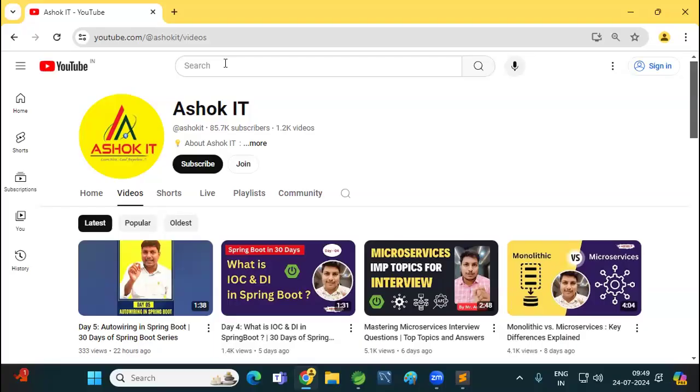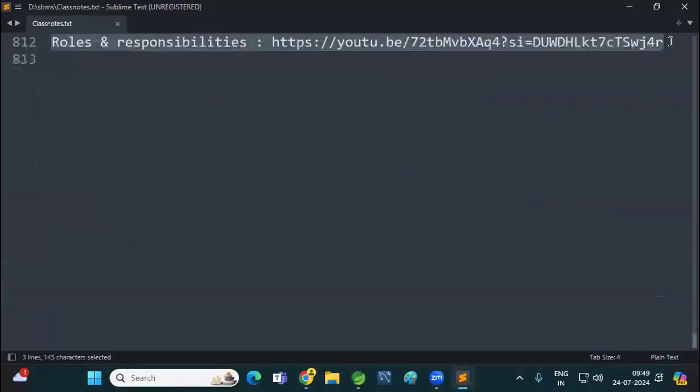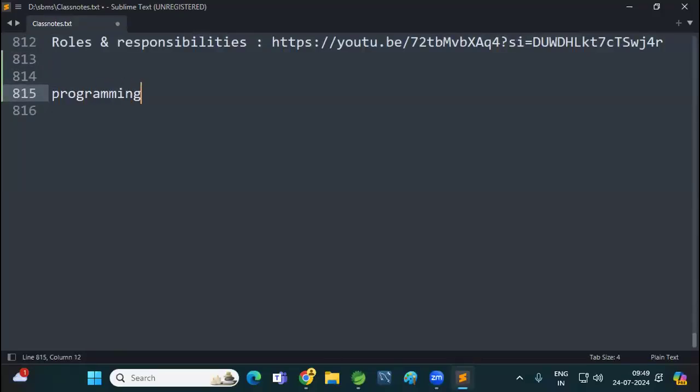How to reverse a string? How many ways can we reverse a string? How to remove duplicate characters in the string? Can you write the logic for that? Suppose I am giving a string like this, "programming". Can you identify the occurrence of each character in the string? Occurrence means how many times P occurred, how many times R occurred, how many times O occurred. That you need